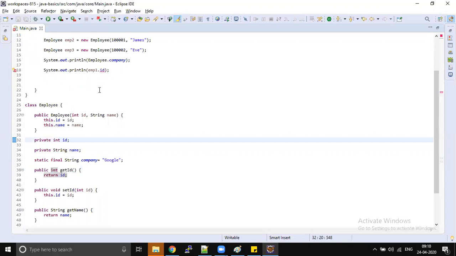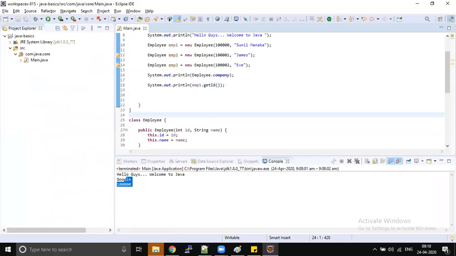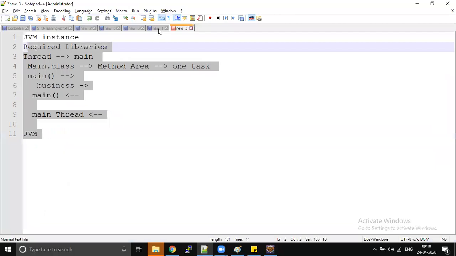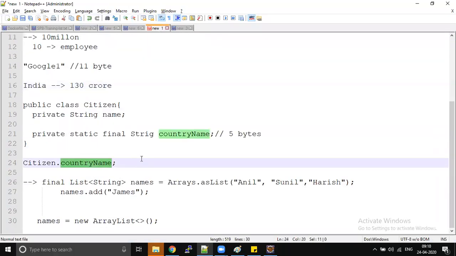That is a different concept again, but anyway, let's implement encapsulation and access the data. I hope I answered the question of why we are able to access static variables through the class name directly. Is it clear for everybody?